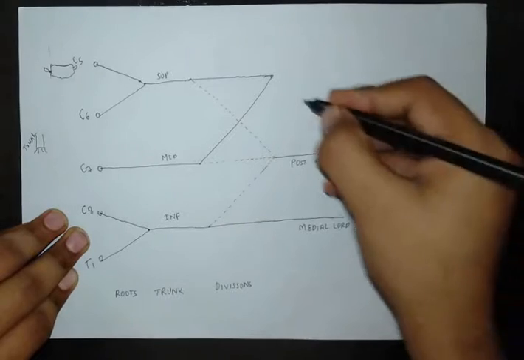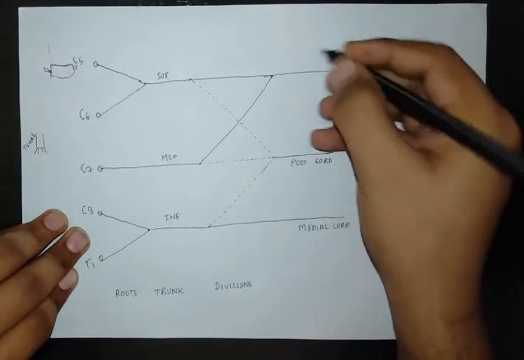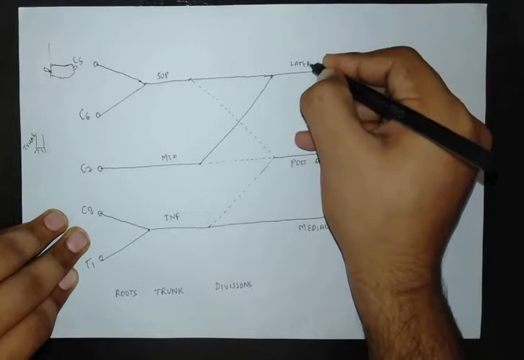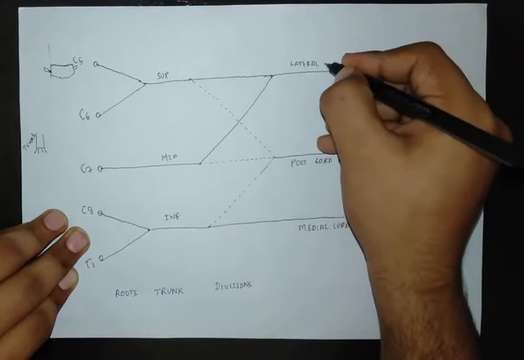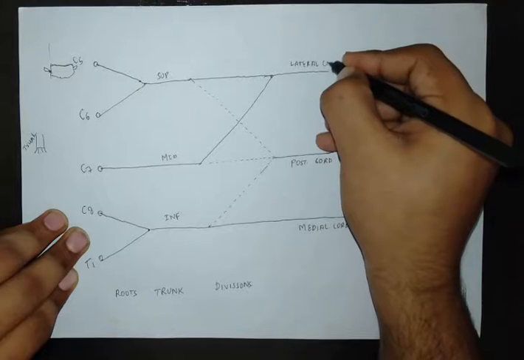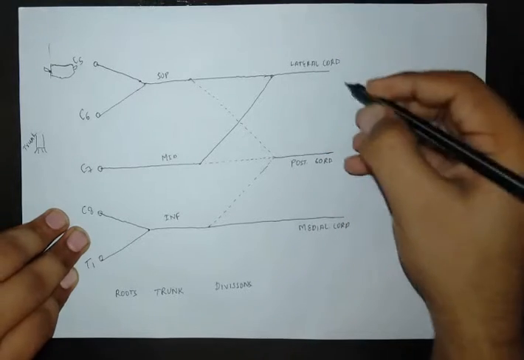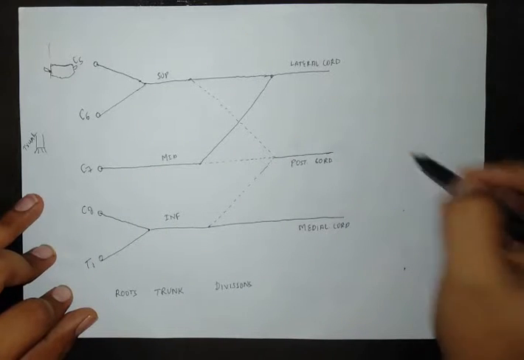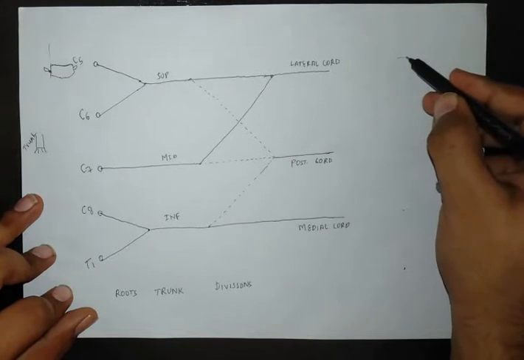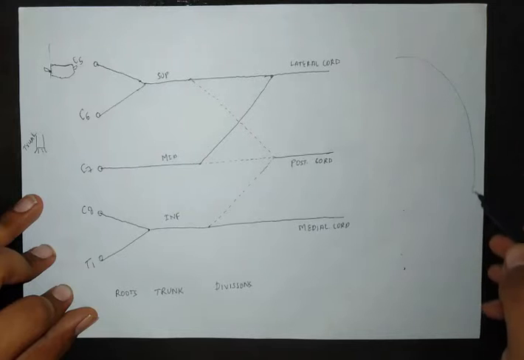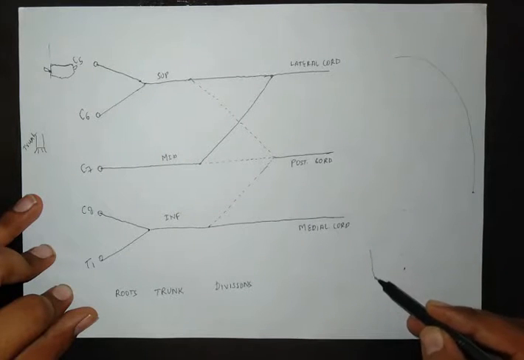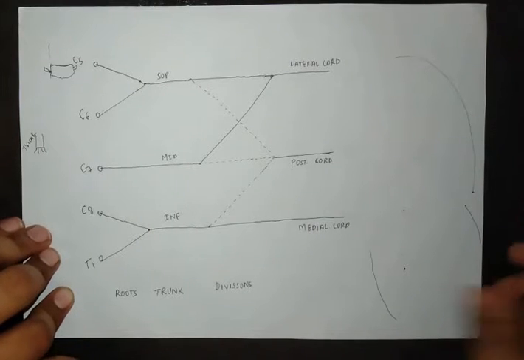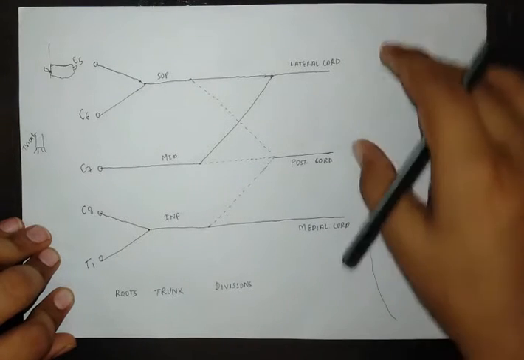This is in the neck, and this one is the lateral cord, which is lateral to the axillary artery. We have reached up till now. This is in the axillary artery region. So after the axillary artery region, we will enter this region. Understand, this is the deltoid, and this is the arm of your person. Again, my drawing is not very good, but you can imagine where we are right now.